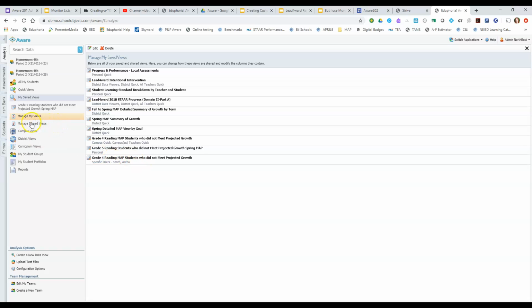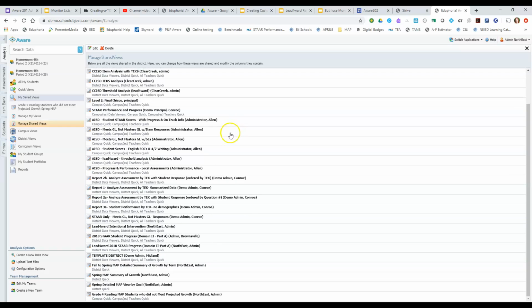Now, if I shared it as a campus quick view or as a quick view for teachers, it's going to be under Manage Shared Views. And again, I'm going to go all the way down to the bottom, and it's right here, and it tells me it's a campus quick, which means that all principal level viewers can see it, and campus teacher quick. Okay, that's why I was saying it doesn't say a quick view for teachers, but it is a quick view